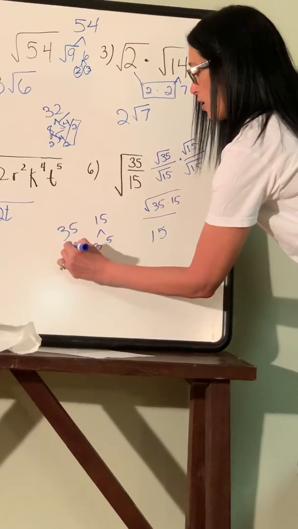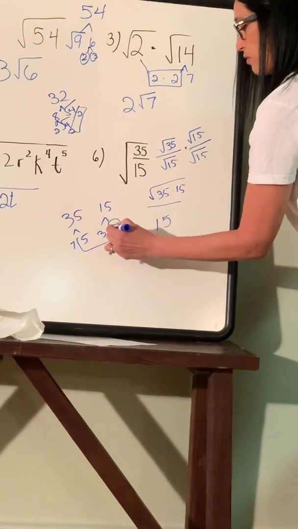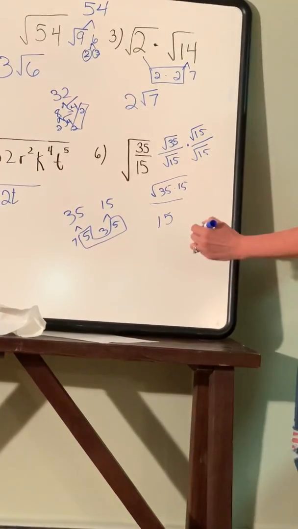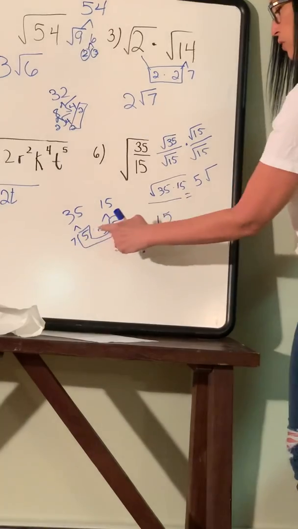So 15 is 3 times 5. 35 is 7 times 5. Do I have a pair? Yes, I do, the 5. So the 5 goes on the outside. On the inside is what's left, 21